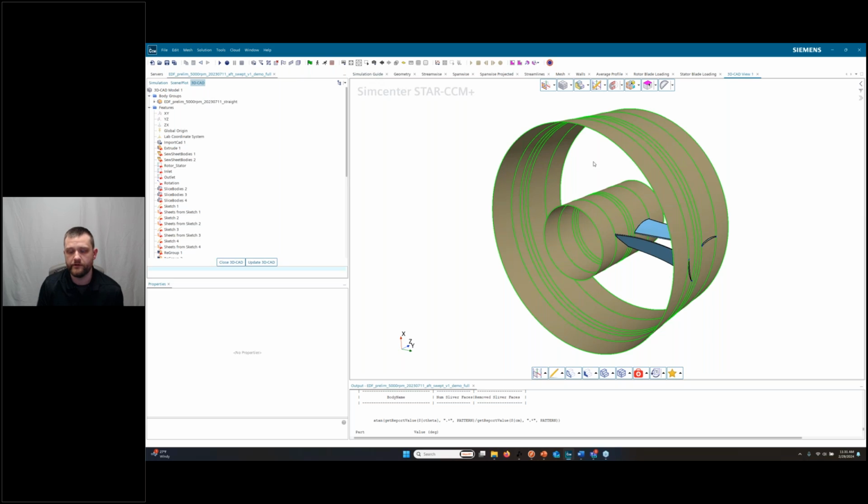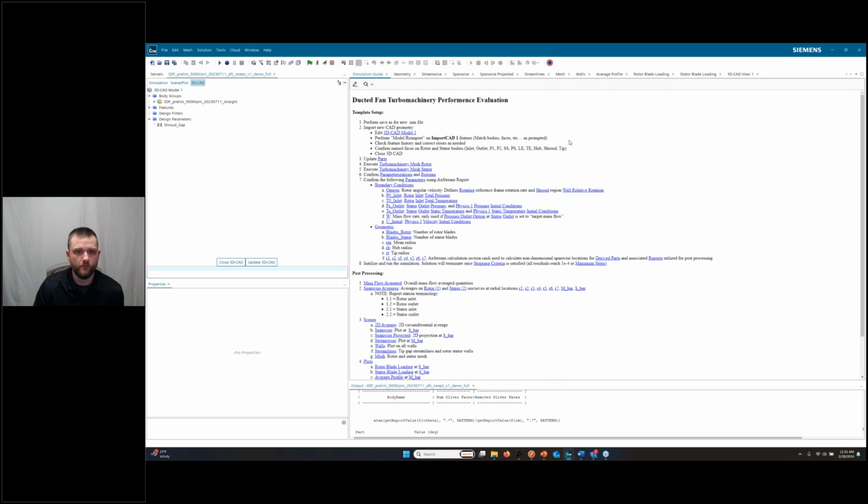But let's say we were doing this from a templated workflow standpoint. One thing StarCCM has now is called Simulation Guide. For this template file that I've created, and you can do this with anything you want in Star in terms of making a template for a project, essentially what I did is my first analysis and then created a template from it. Then you can use that later downstream when you want to analyze a new geometry, where you make a new file and open this as a template.